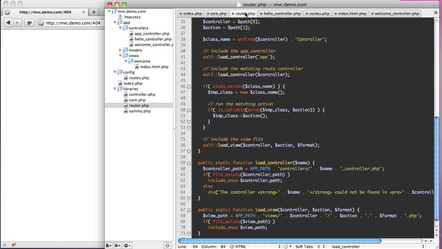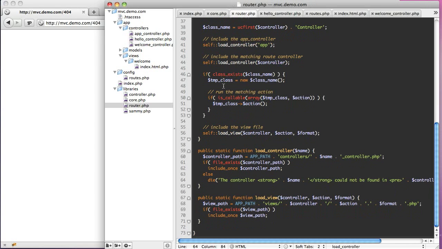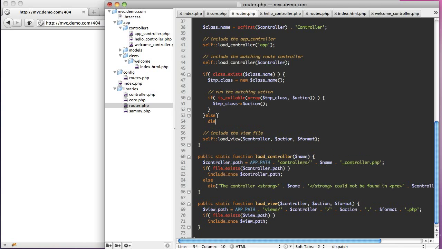So let's go check it out. If we go to the router, you can see that it's checking if the class exists. So we need to add an else statement here and say die. The class, and here we'll put in our class name, could not be found in, and in pre tags